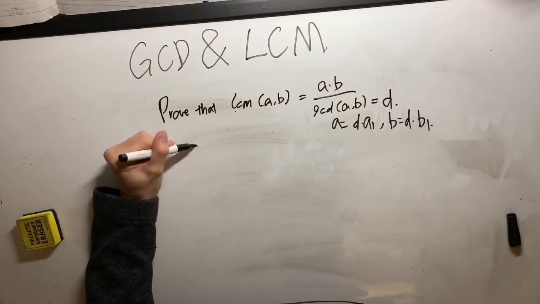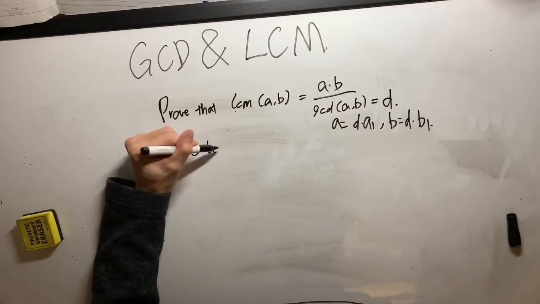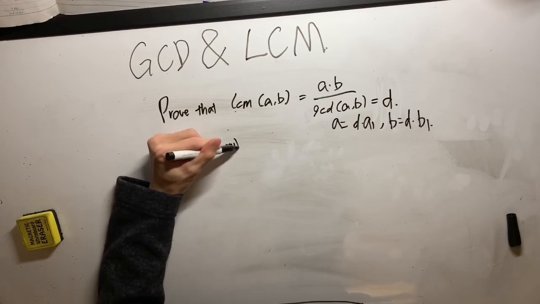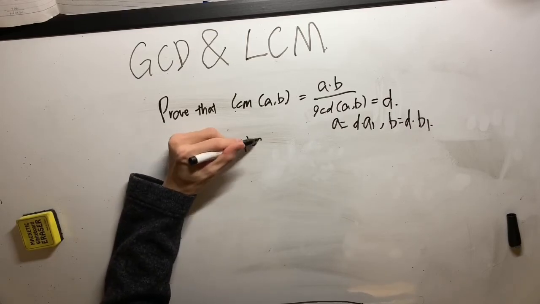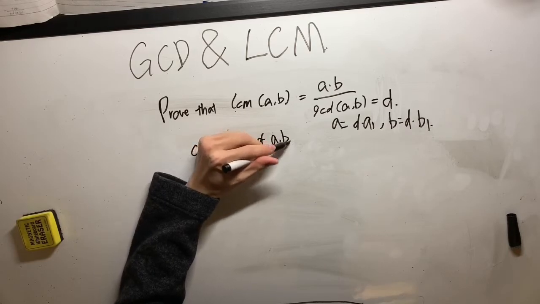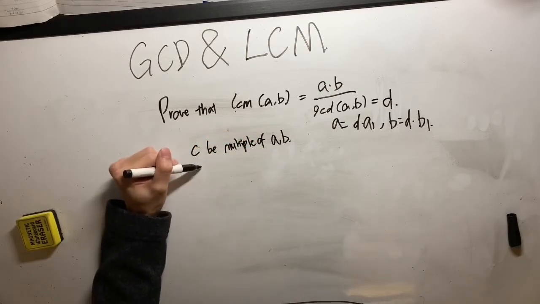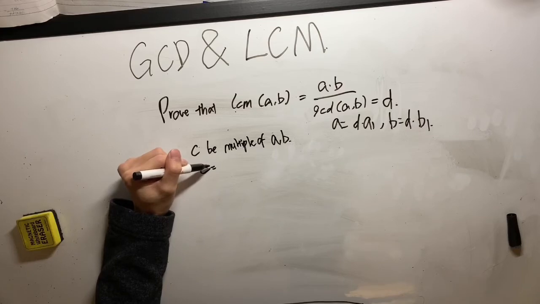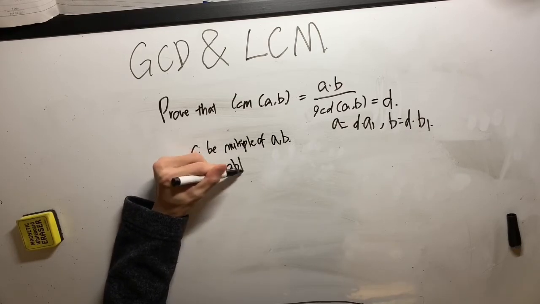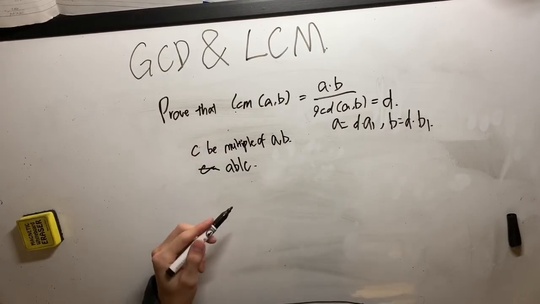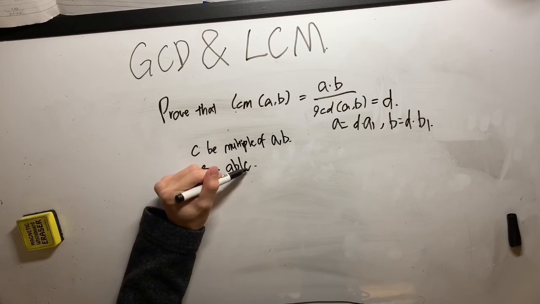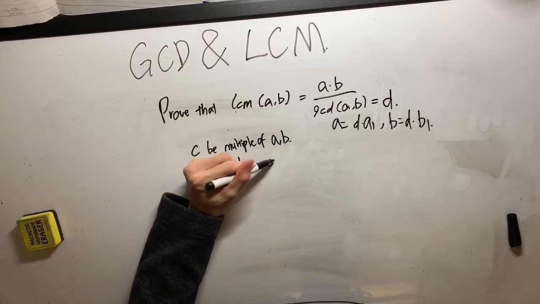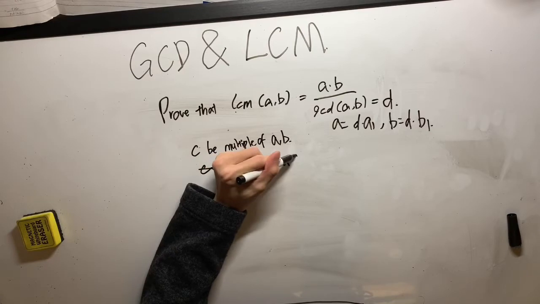Next, we let C be one of the common multiples of A and B. Okay, so we can write C equals A times C1,